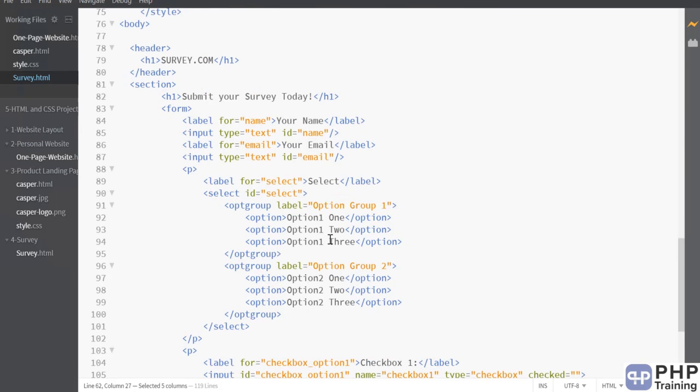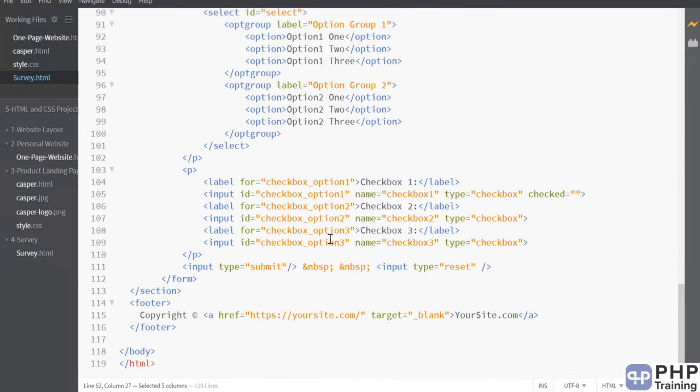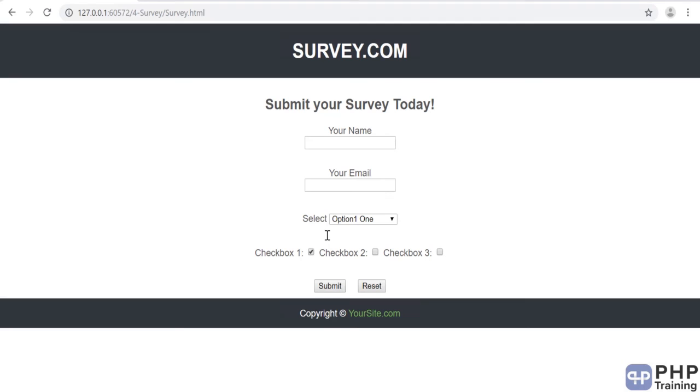So have fun and create a simple survey page. You can create any form page that you like. You can create a contact page, you can create any page that you want. Make a form and try to create a header and footer and see if you can align all the elements in one nice center format. So that's all for this project on survey form, and I'll see you in the next one.